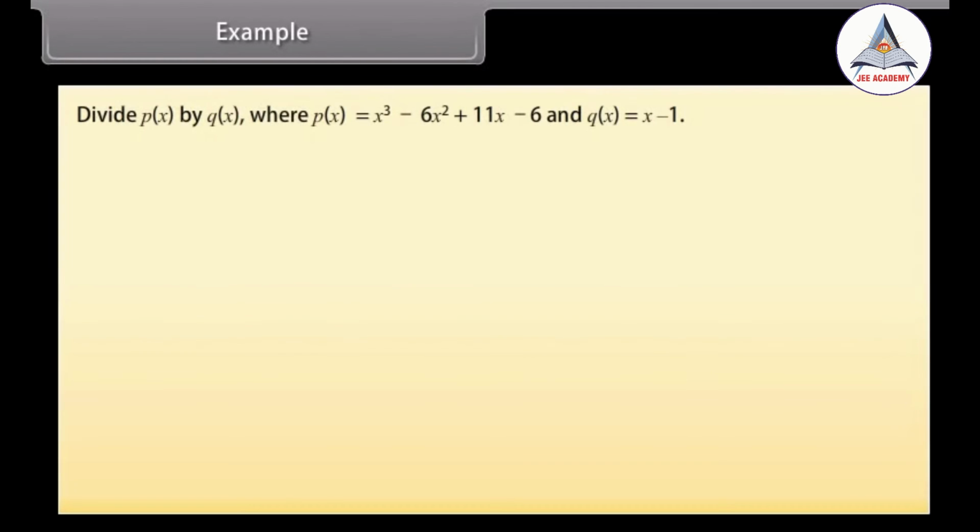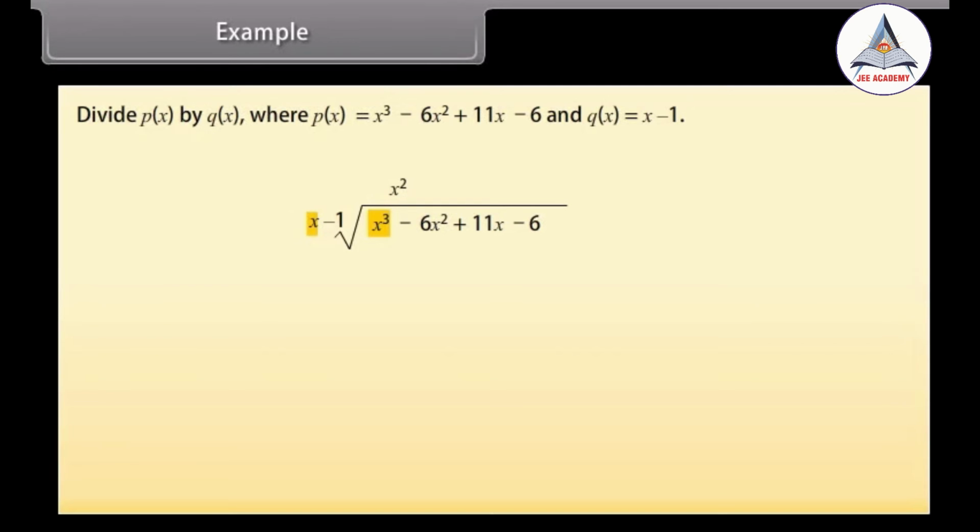Example: divide p(x) by q(x), where p(x) is equal to x cubed minus 6x squared plus 11x minus 6 and q(x) is equal to x minus 1. We can write it this way also. The next step is to divide the first term of the polynomial. The first term should be the one with the highest power by the x part of the factor. In this case, you divide x cubed by x to get x squared, which you then write at the top